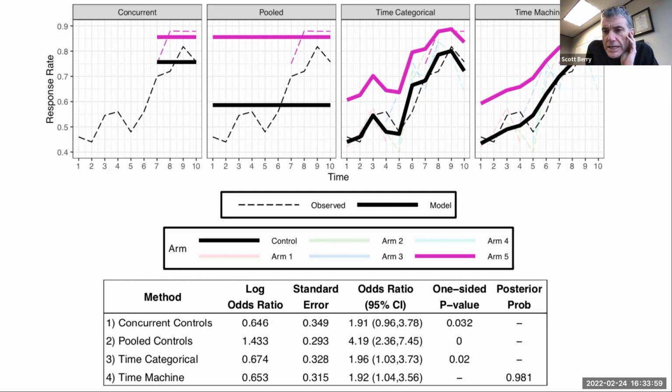You can see the underlying estimate of the effect of time has been smoothed across it using all the arms, not just these 2 arms. It's using all 6 arms in the trial. And it gives the estimate of pink relative to black using the smoothing across the entire range of the platform trial. Notice the standard error has decreased a little bit with relatively similar estimates of the treatment effect. We give a Bayesian posterior probability of superiority for the Bayesian smoothing spline here.